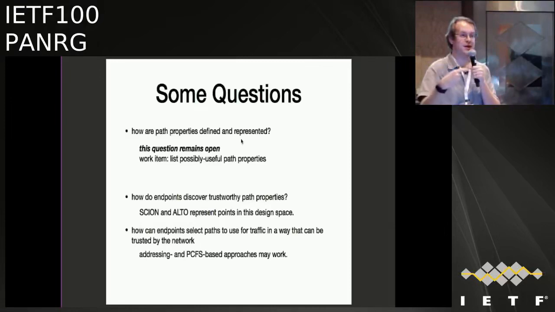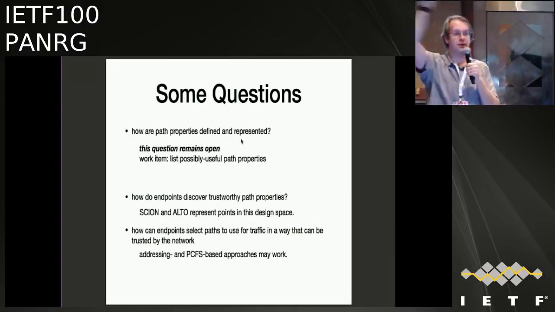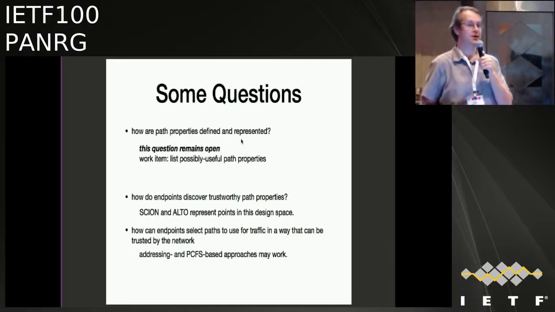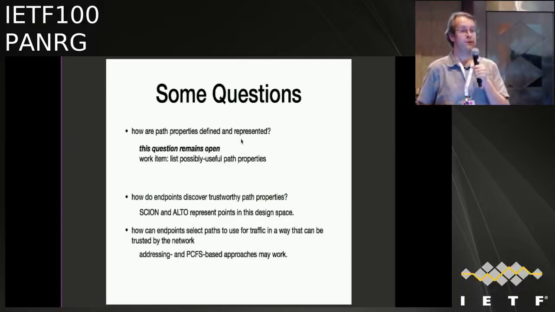Because you don't have enough information for the application or the transport layer to say this packet goes here, this packet goes here. But what are the benefits, and what are the changes in the model when you go from local net to local net as opposed to endpoint, or maybe even local net to endpoint or endpoint to local net? That's a really good question.